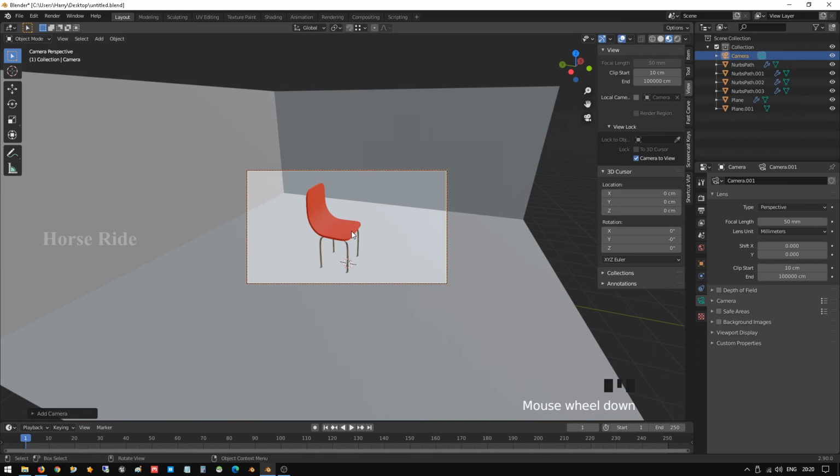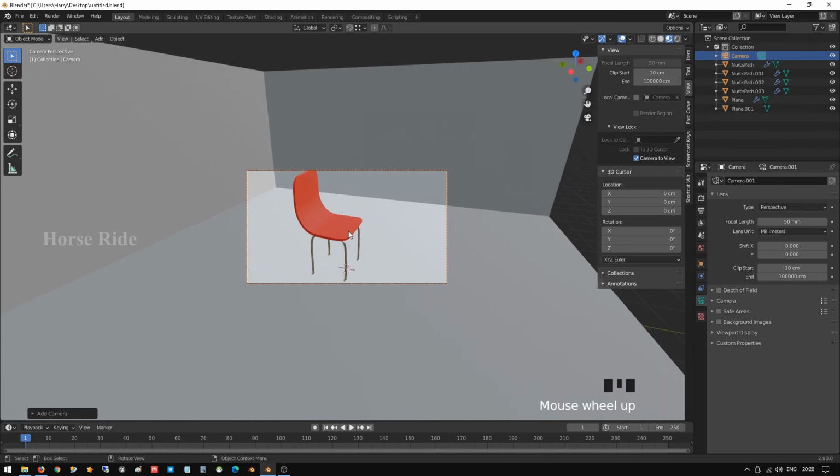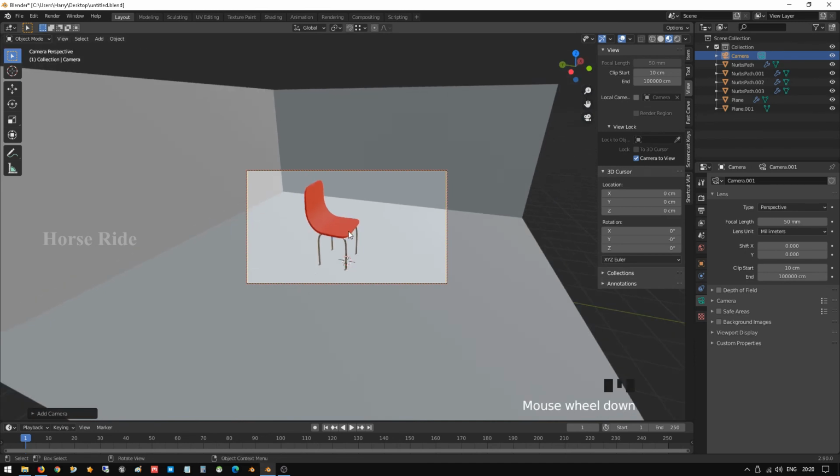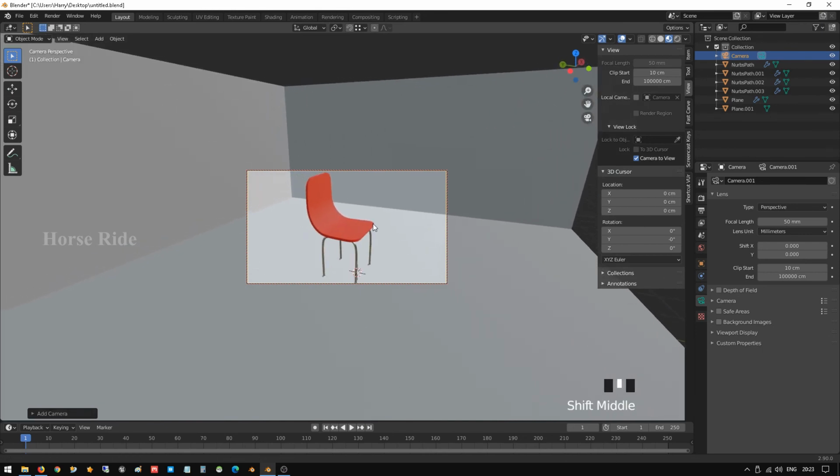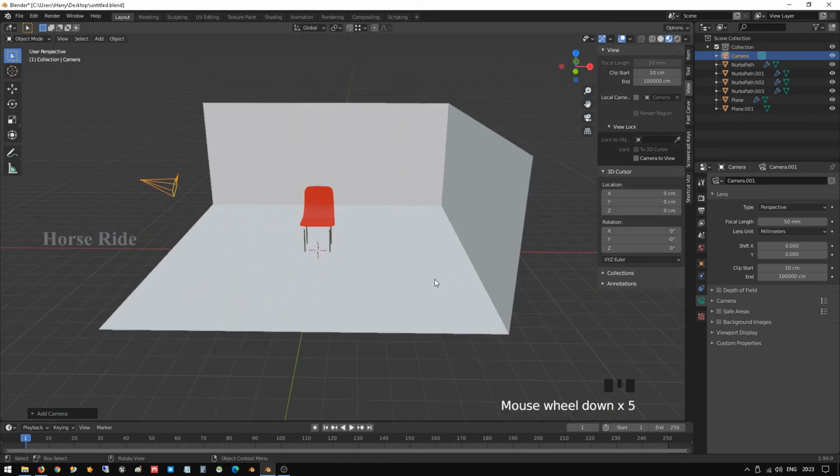Yeah, this angle we are going to keep. After creating this camera angle, I think this will be okay. After that, you have to untick camera to view. Now the camera has been set.